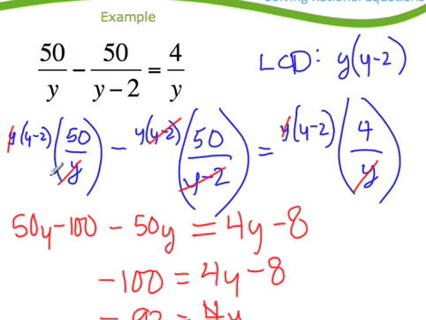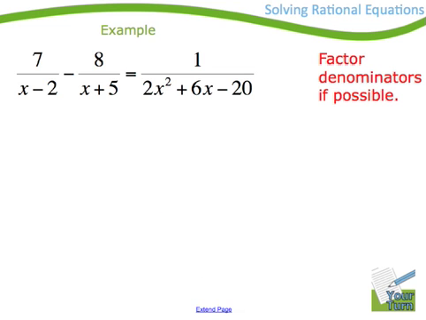Look for factors of 1, simplify the rest. Let's try one last one. Oh, that one is looking a little bit nicer, a little bit longer. Okay, first need to factor that. So let's leave this as 7x over x minus 2 minus 8 over x plus 5